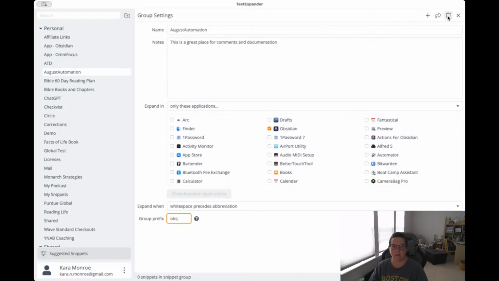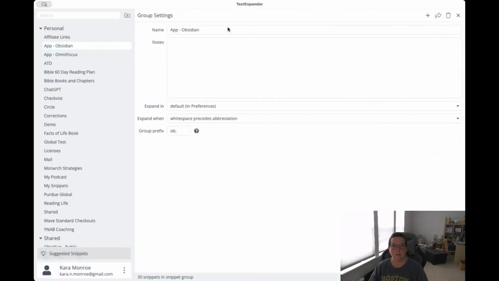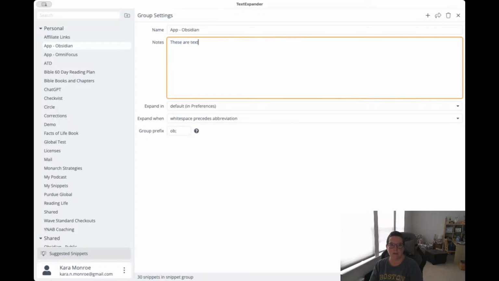So let's do those same things because I want to only create this, delete this group. I want to do this only on my Obsidian app. So we're going to come in here and we're going to add some comments. So these are text expansions that will run only in Obsidian as expand in below is selected, and Obsidian is the only app they will work in.